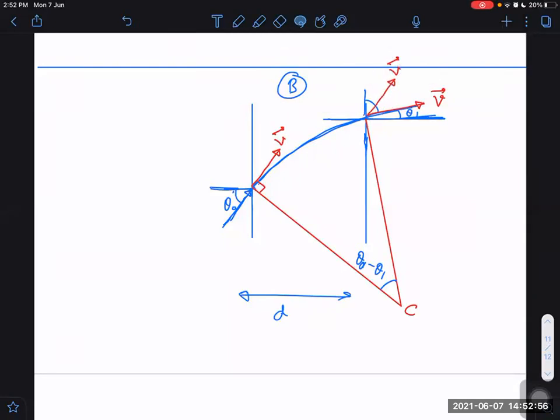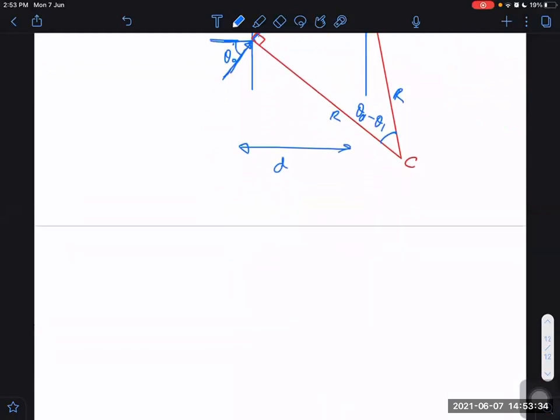Initial velocity was in this direction. What was angle made by initial velocity with the horizontal? Theta naught. This was initial before entry, and this is after exiting the magnetic field region. Then you know angle difference between velocity vectors, or angle of deviation, is theta 1 minus theta naught. And similarly, between R1 and R2, this is the same radius, R and R only, but for initial position and for final position. Between those two also angle will be same. Is this point clear or not?